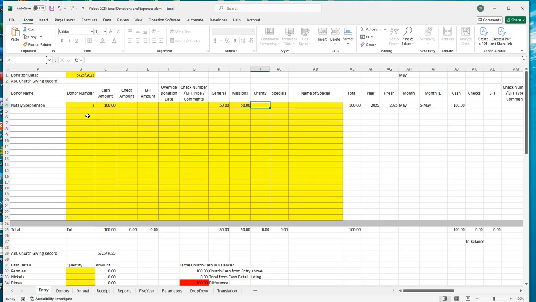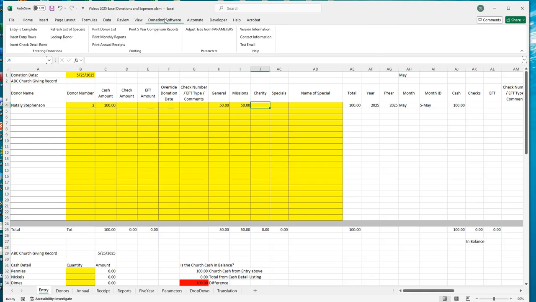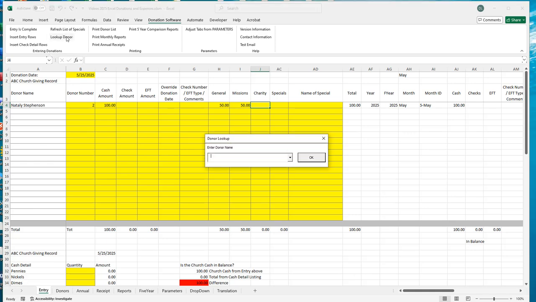All right, let's go ahead and do another one. So once your list of donors grows kind of large, you'll probably have some struggles remembering what donor numbers you've assigned. So under the donation software menu, we did give you an option to look up your donors by name. So if we click on the lookup donor,